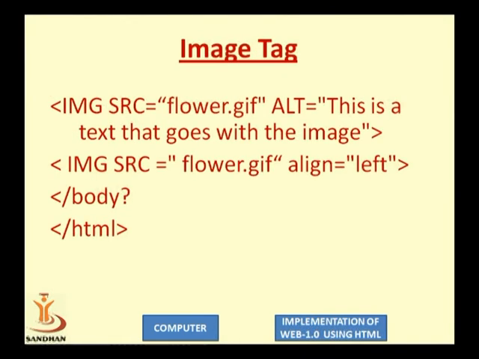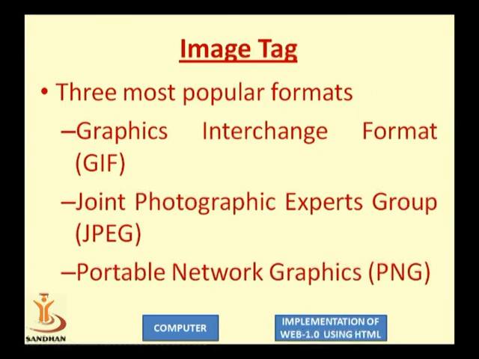Here we are calling one more image with align. See, align is an attribute of image. It contains left side, center, or right. So these are the basic attributes of image like src, align, width, height, size, and finally we finish the body and HTML, right? So this is the image tag.